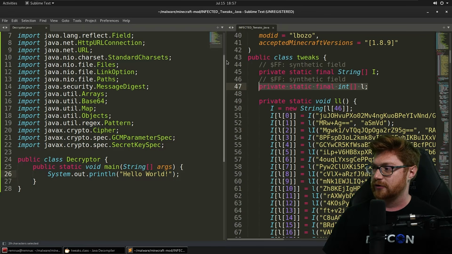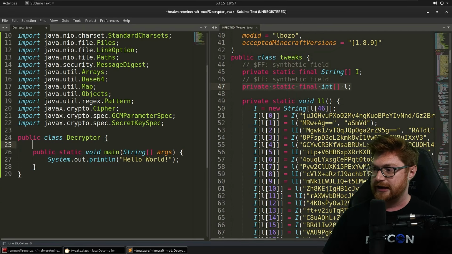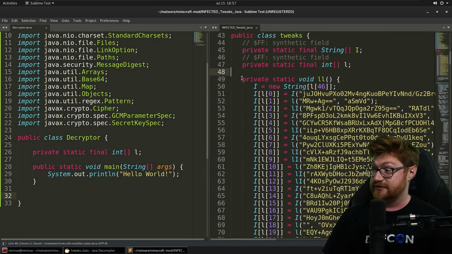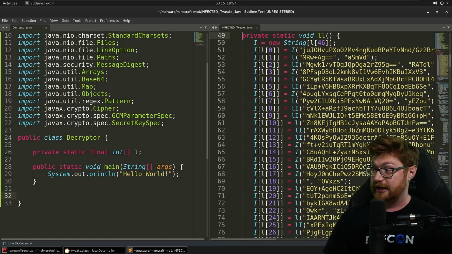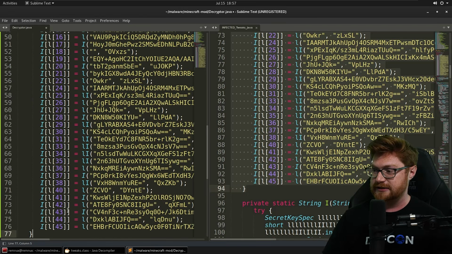Let's move this over to the right side, and then let's move our code over to the left. Now, I'll add in that public static final int L, have that declared for us, and then this function up here, private static void LL, let's copy and steal and maybe manipulate just a little bit. I want to go ahead and bring that here, but I actually don't want to deal with this I variable,